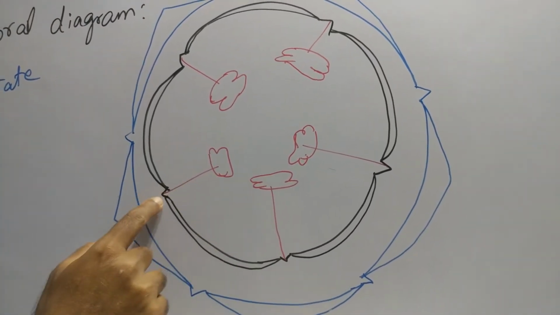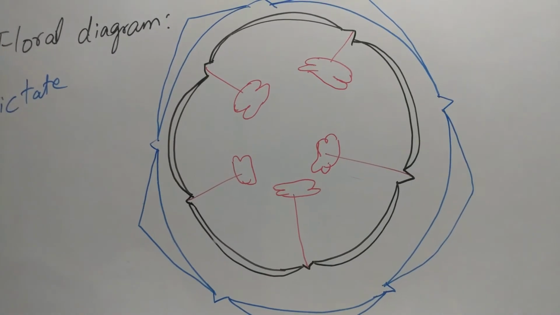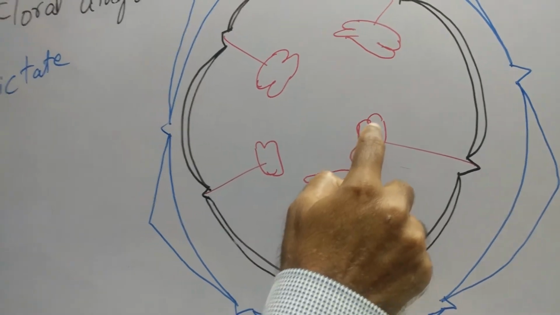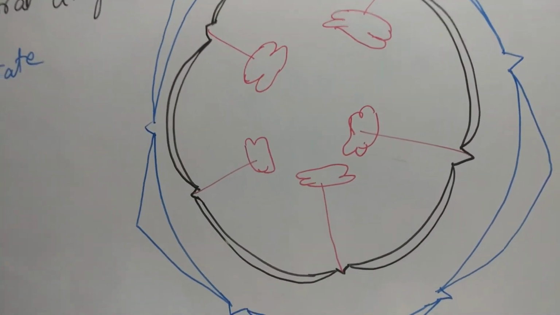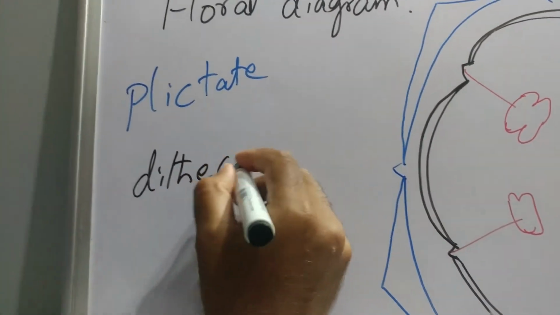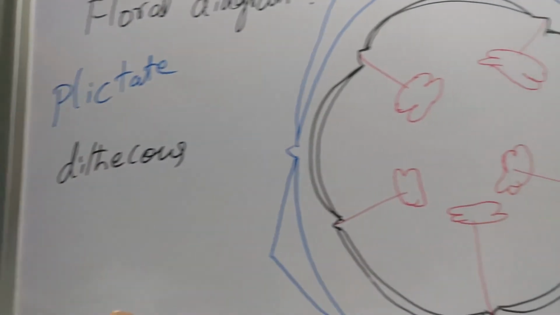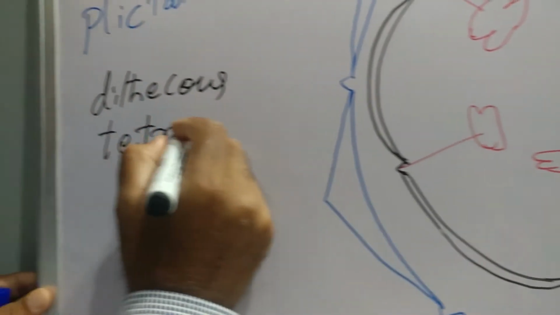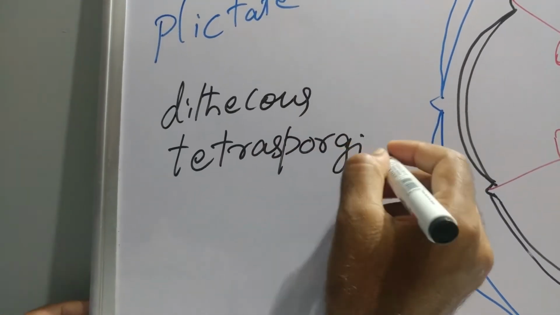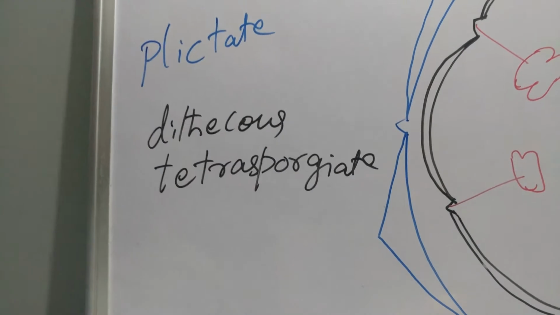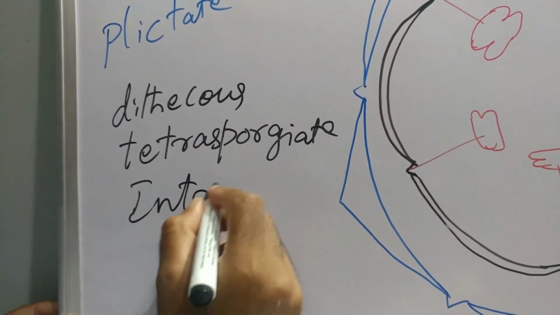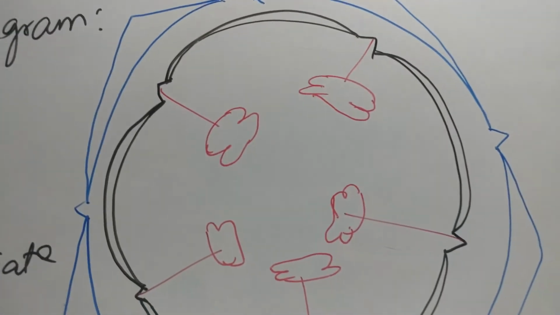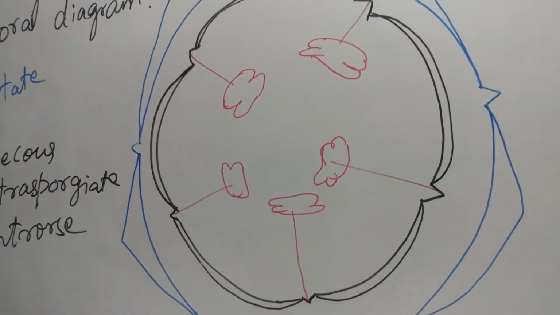These anthers are attached to the petals, so called epipetalous condition, and the anthers consist of 2 lobes. So 2 lobes we are indicating here. So stamens are dithecous, which consist of 2 lobes. Each anther consists of 2 lobes as well as 4 sporangia, so called tetrasporangiate. So dithecous, tetrasporangiate, and introrse. Introrse in the sense that the pollen grains face towards the center. So we call it introrse.